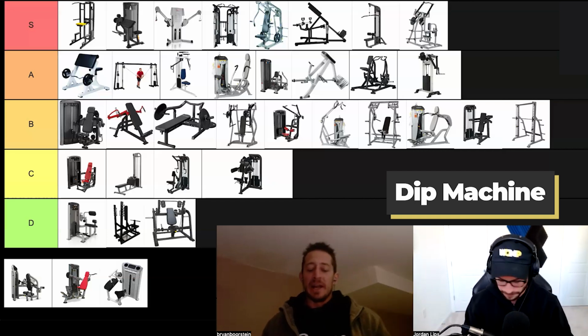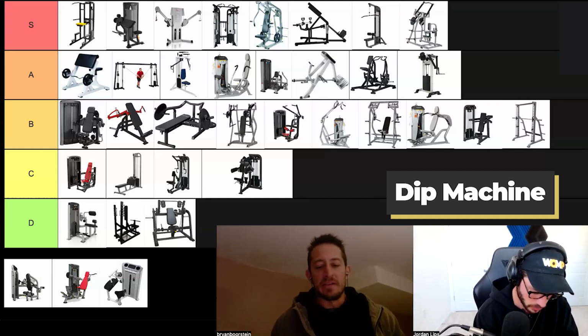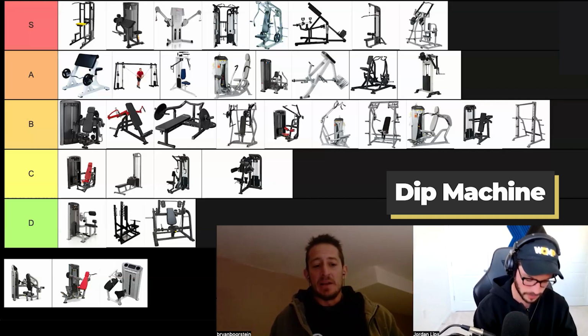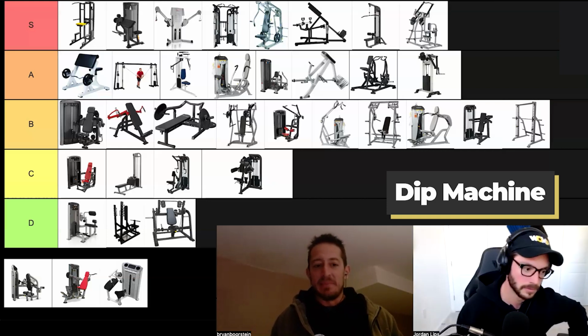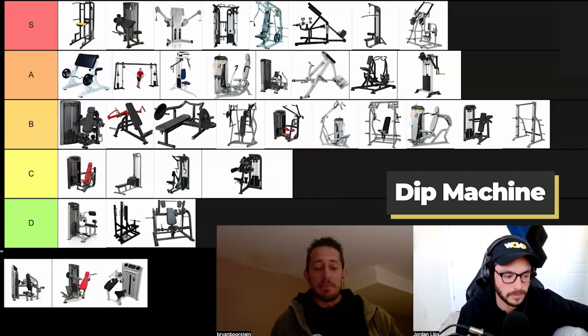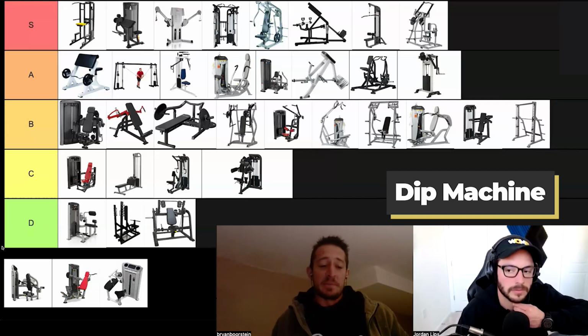Yeah, I actually love it and agree to your point. It needs to have a seatbelt. Otherwise, I get launched out of the seat. But if it has a seatbelt, I find this machine actually to be significantly better than dips themselves. And honestly, if we put the assisted pull-up and assisted dip machine in the S category, if we're talking specifically about dips, this kind of goes in the S category for me too, just because of the stability and